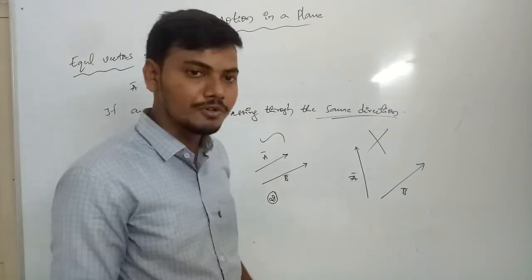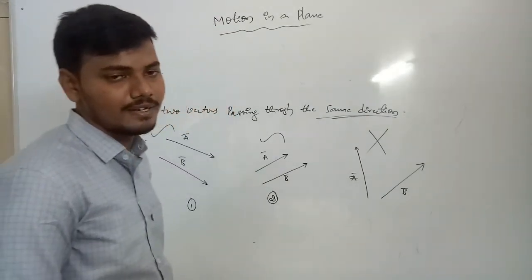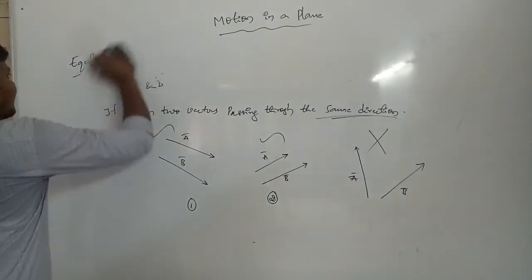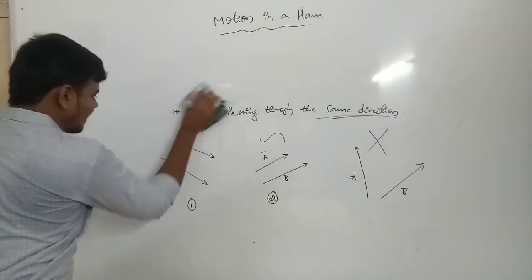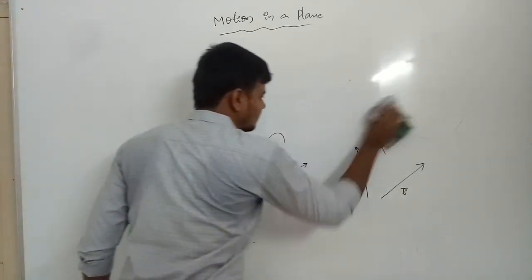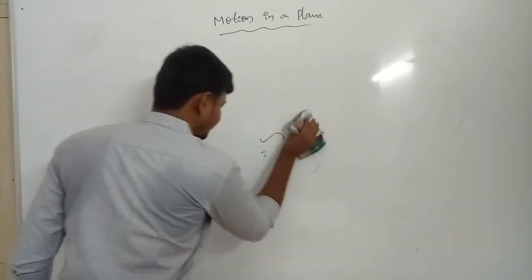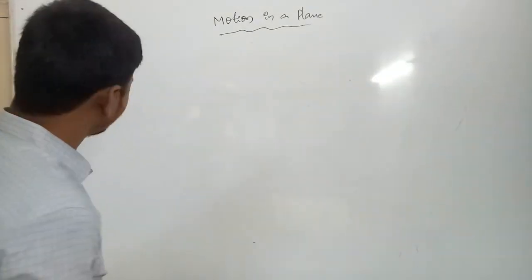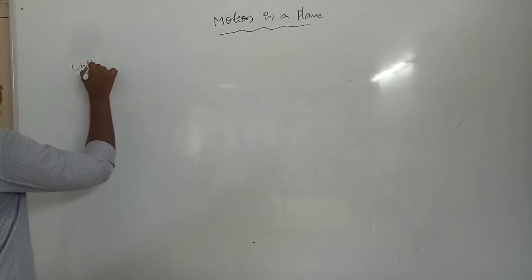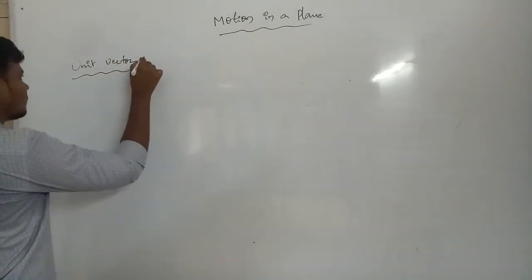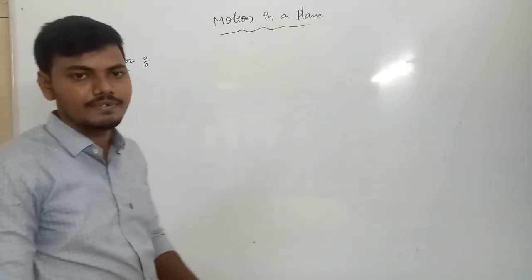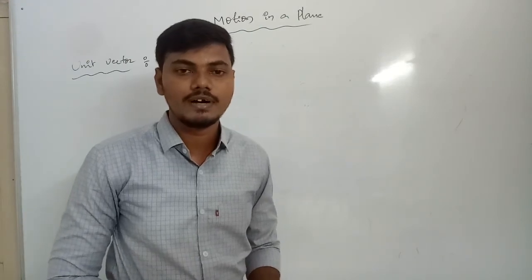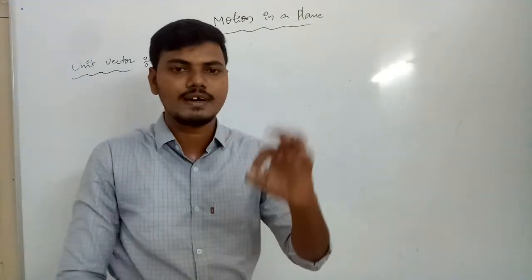Now again, one more: the unit vector. Now what is a unit vector? Previously we introduced the null vector. This one we are introducing is the unit vector, very important for your options purpose. Now what is the definition of a unit vector? Previously, for the null vector, the magnitude is always 0, and that is known as a null vector.